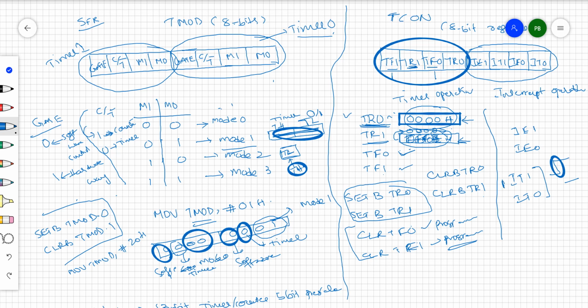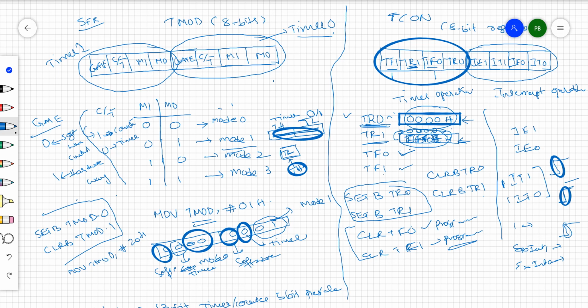right? In the similar way, this one is for interrupt 0, this one is for interrupt 1, right? If you make both of them 1, set, then external interrupt 0 and external interrupt 1, these two, we are planning for edge sensitive, right?